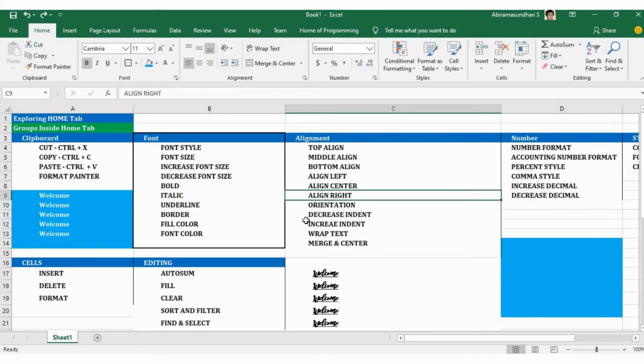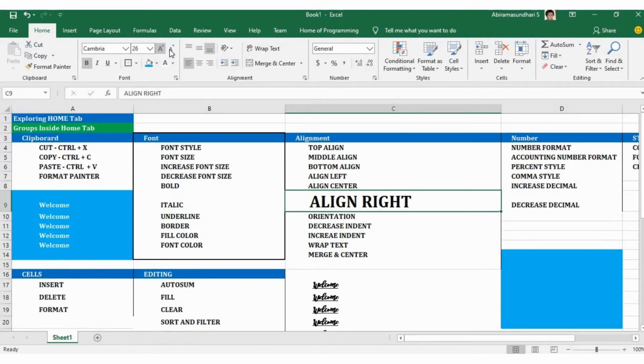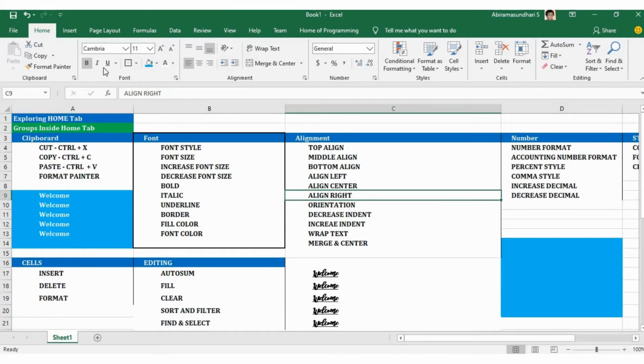If we want to change the size of the font, either we can use this size box, or if we want to increase or decrease the size, you can click on these icons. After that we have options for bold, italic, underline, and if you want to make a border, we can do that. After that we have options for fill color and font color.